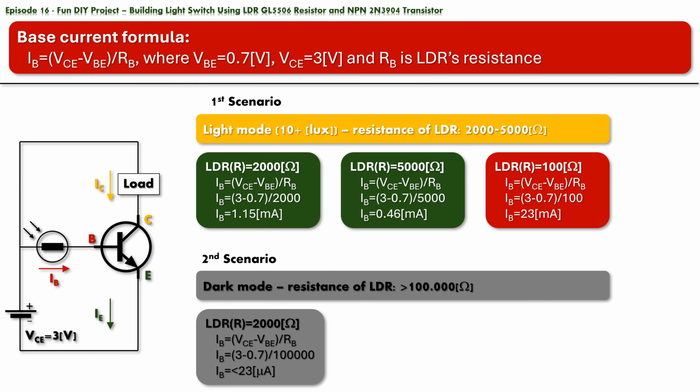Let's bring back our circuit, and LDR parameters for resistance under light and dark circumstances, and do some math. We will be using standard formula for calculating base current. So, when there is light of 10 lux, or more, resistance of LDR is between 2 and 5 kiloohms. In that scenario the base current goes from 1.15 down to 0.46 milliamperes, respectively. In special scenario, when light is of high intensity, base current goes as high as few dozens of milliamperes. In dark mode of work, for LDR's resistance of 100 kiloohms or more, the base current is in range of